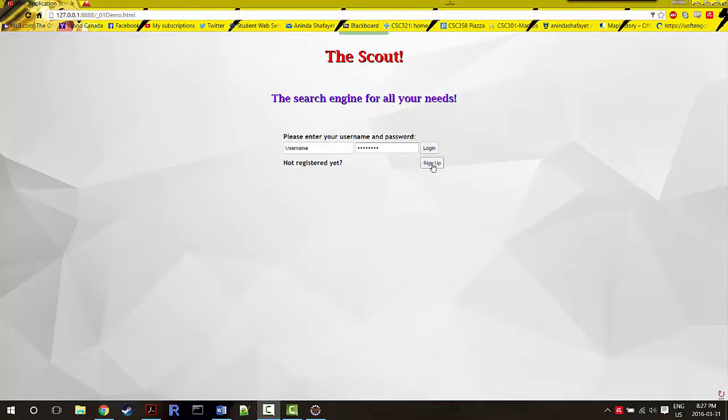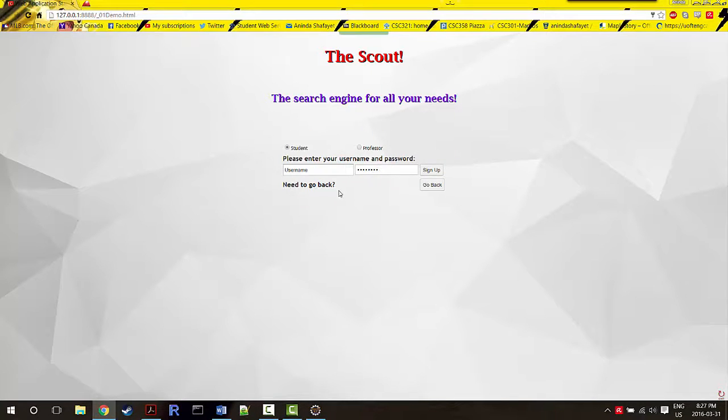To sign up for an account, you simply click on the Sign Up button to bring up the sign up elements, fill in your desired username and password, and select if you are a student or a professor. If an account with this username already exists, the application will prompt you for different fields. Fill in your username and password and click the Sign Up button, and this should bring you back to the